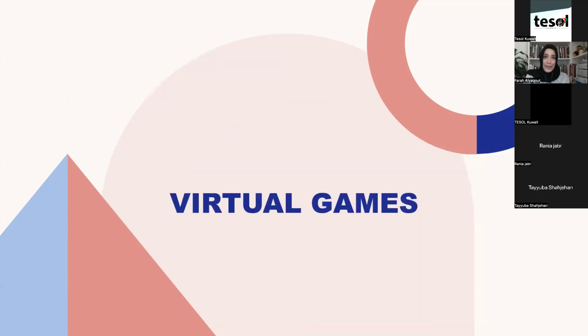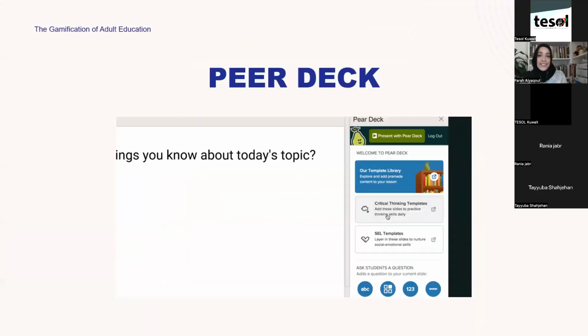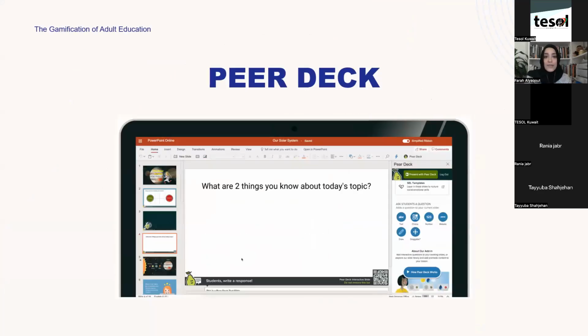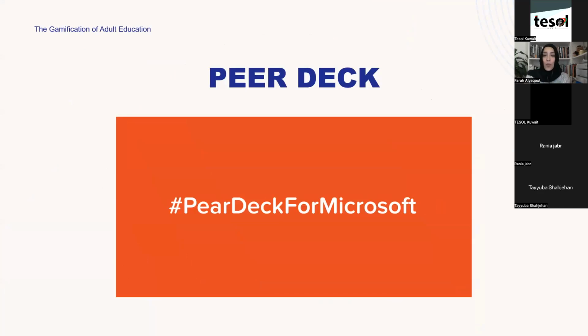Now, virtual games. Virtual games are maybe my least favorite, but I will introduce them because they're part of gamification, so I will be discussing them. There is this option called Peer Deck. That's something that was really introduced when